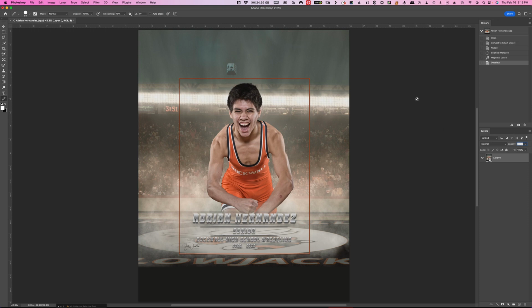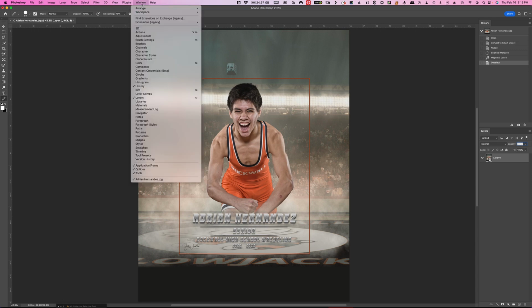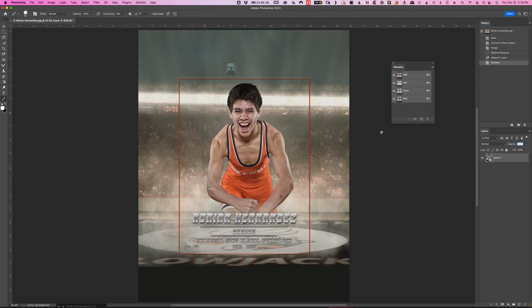I don't really use paths, but I'm going to put the channels in there. So I'm going to open Windows again. Notice the history and the layers panel are checked. I'm going to click on channels, and we're going to take channels, and I'm going to take it in here and put it in here until